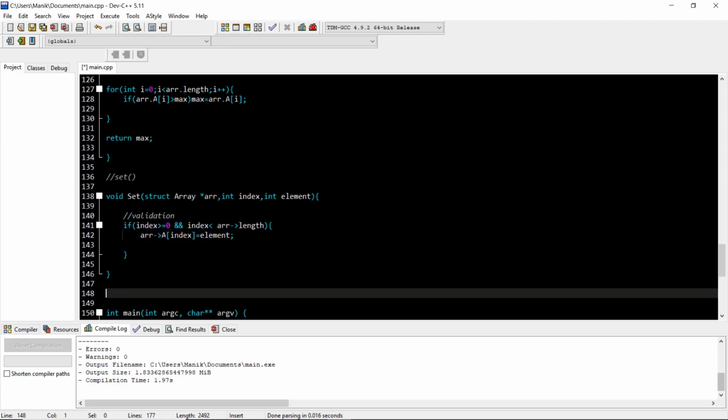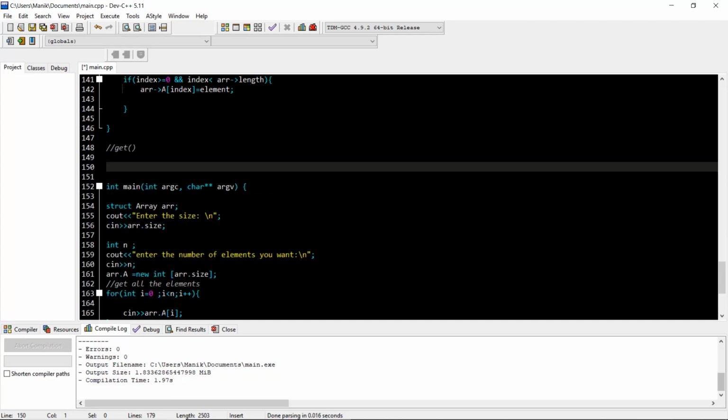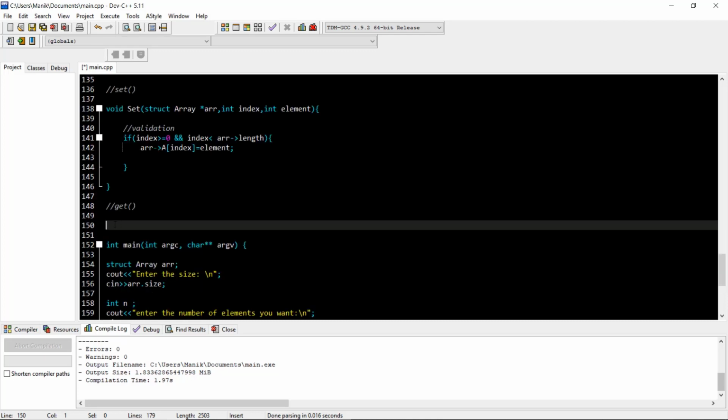Another is your get method. So what is the procedure for this get method? The get method would do one thing. We need to pass something, so integer get, an index from a particular struct array arr comma int index.